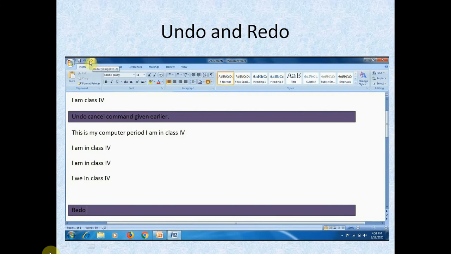Redo again, you will get the undo action repeated again. Okay, redo done. Okay, and undo again. I think this is clear, or shall I play again?